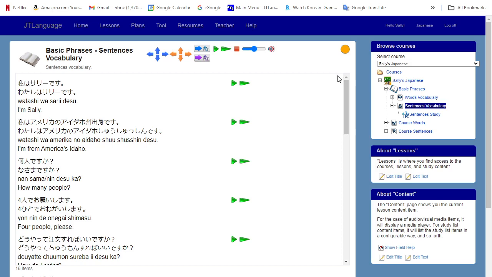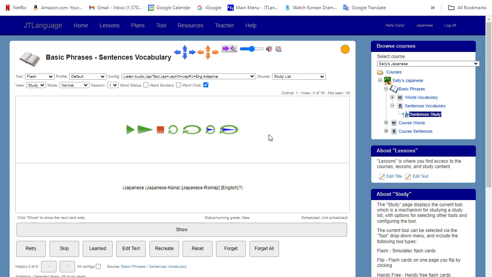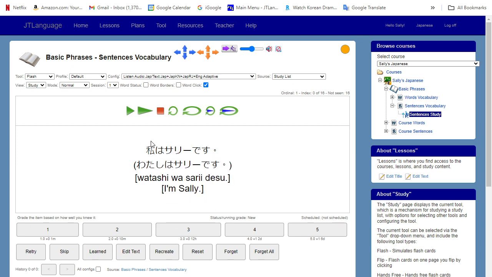To make this more useful, to help you learn these sentences, you can use the flashcards. Just go down here to Sentences Study, or click the study icon up here. 私はサリーです。 And in this, there's different modes showing this top pane, that's one side of the flashcard, and this would be the back, which is not showing you right now. So in this particular mode, this is a listen mode, so it's going to play the audio for you, and you can play it again with the buttons here. 私はサリーです。